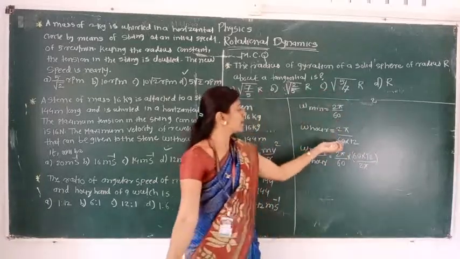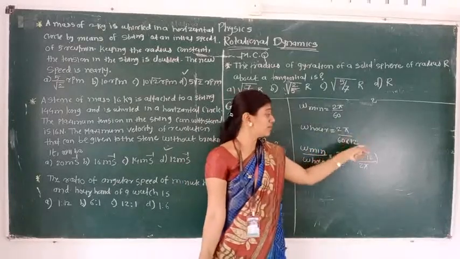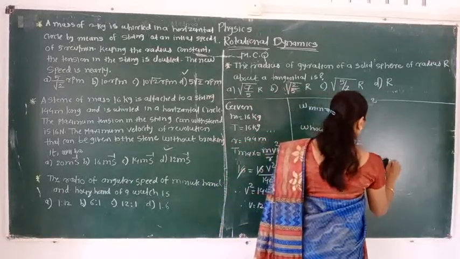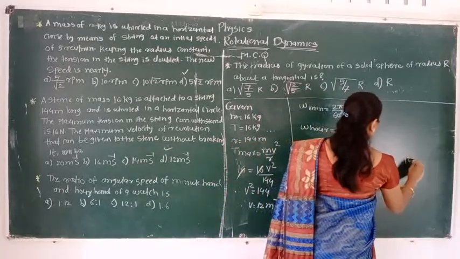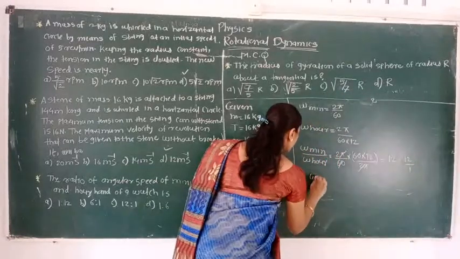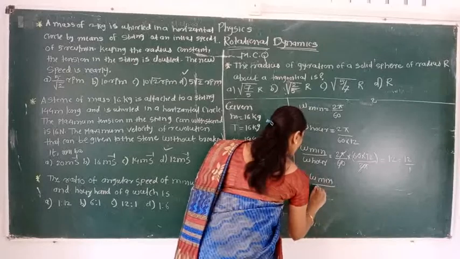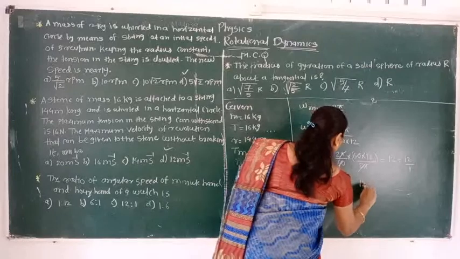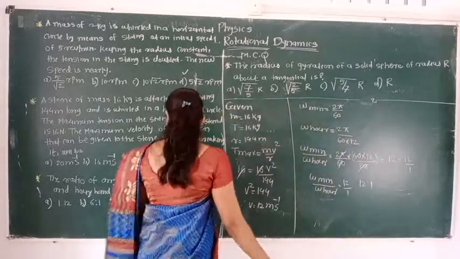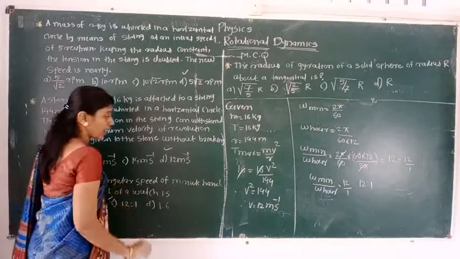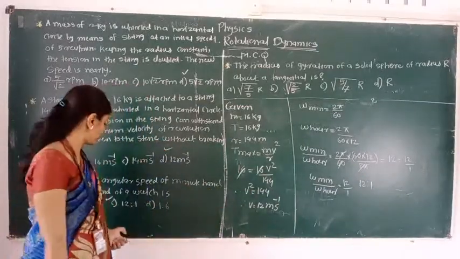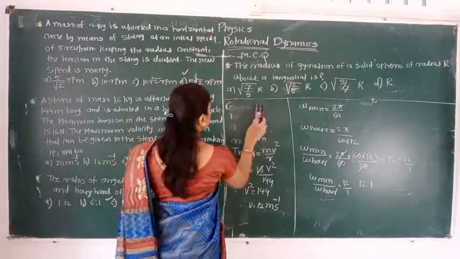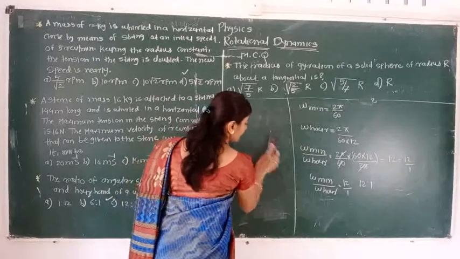This fraction is divided by another fraction, so this term goes in the numerator and that term in the denominator. The similar terms are going to cancel. Finally we will get 12, which is 12 divided by 1. The angular speed of the minute hand to the angular speed of the hour hand is 12:1. So we can write it is 12:1, and as per the given options, option C matches. It is number C. Now we are starting the examples related to rotational motion.